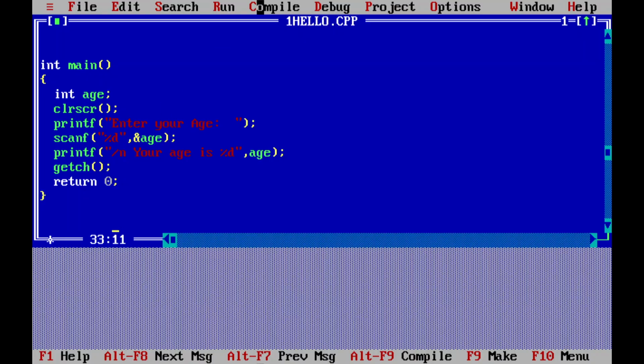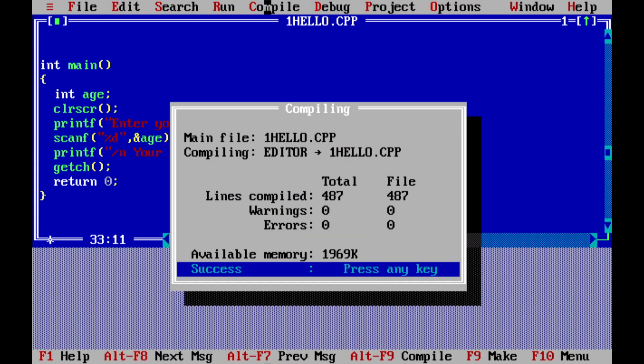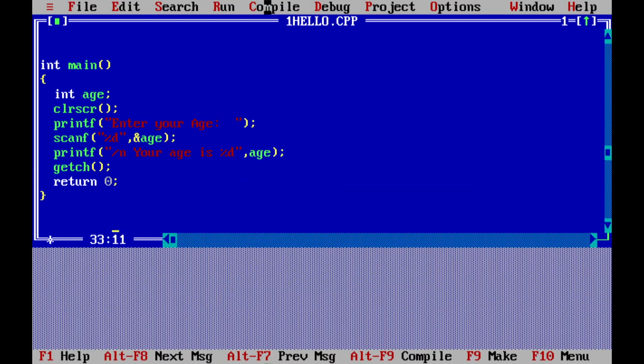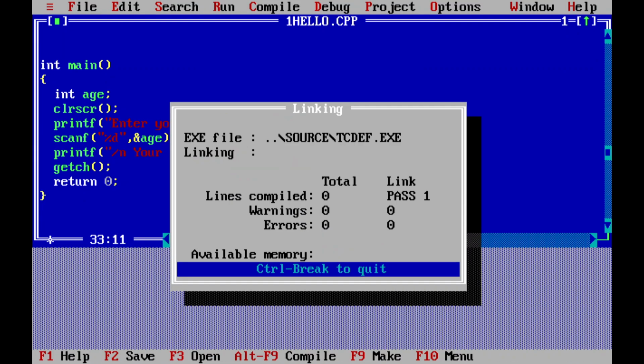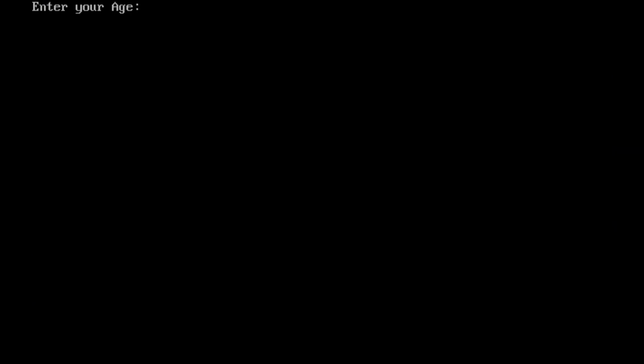So let's compile this program. Let's run this program. Alt C, no warnings, no errors. Alt R, run. See, it is asking me for age. Now I am pressing